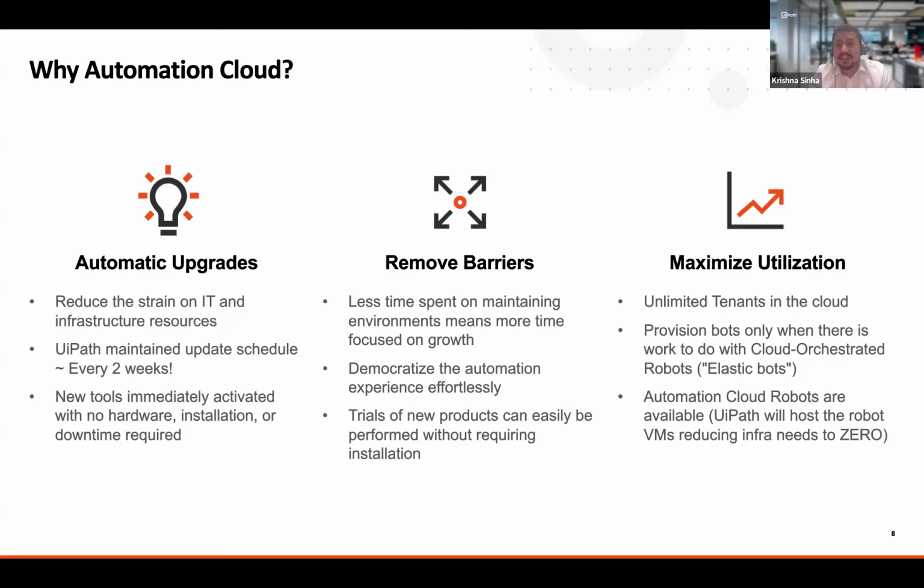And also we have automation cloud robots. UiPath will host the robot VMs, reducing infrastructure needs to zero. So you can easily just turn on those automation cloud robots, and you can connect your machines and robots to Orchestrator. So moving ahead,